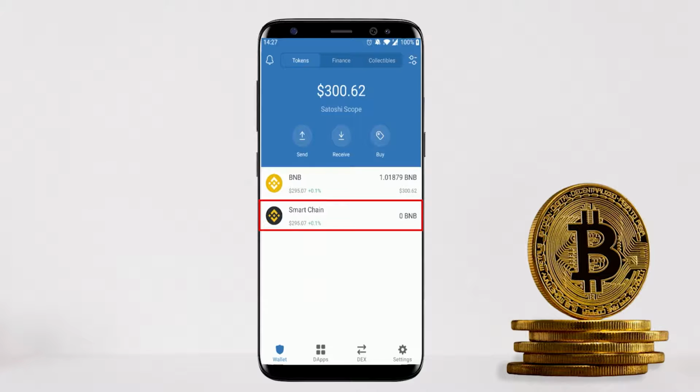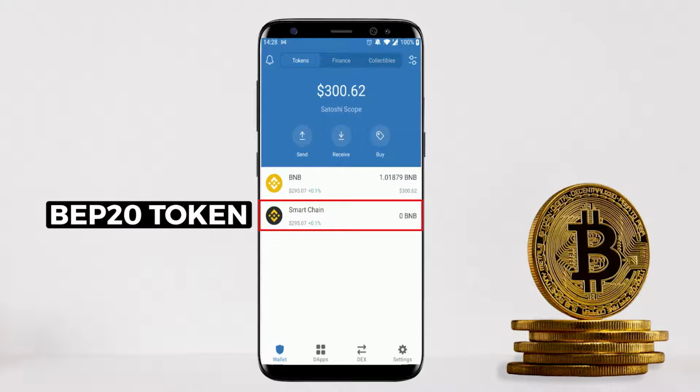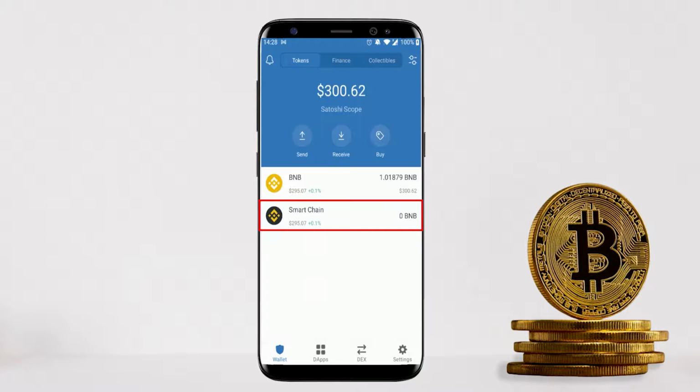Whereas on your Smart Chain wallet, this is the Binance Smart Chain, where the coins are called BEP20 tokens. And this blockchain is used for smart contracts or DeFi, and your BNB is mainly used to pay for gas fees. So now that you know the main difference between these two, you understand which wallet you'll need to use